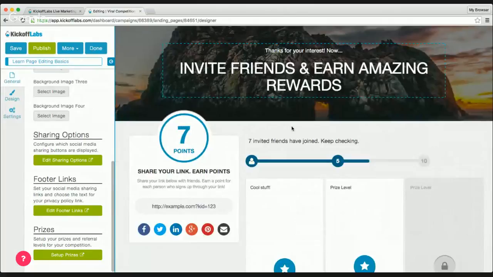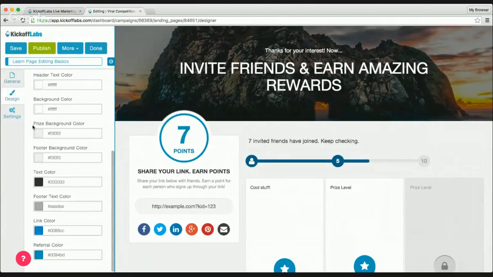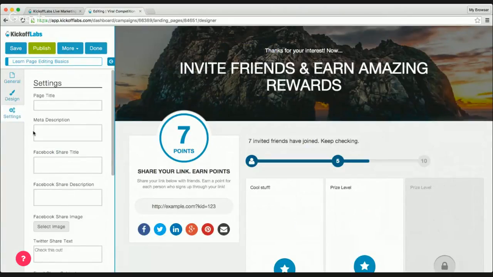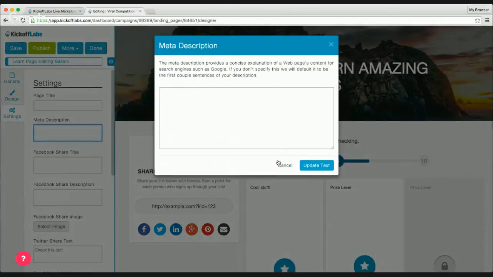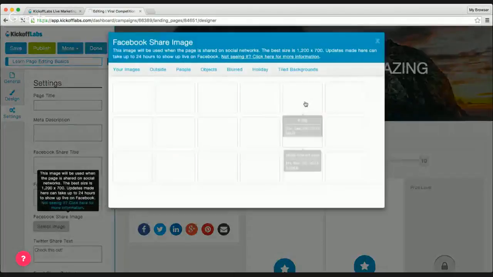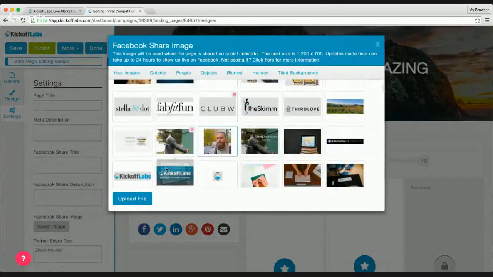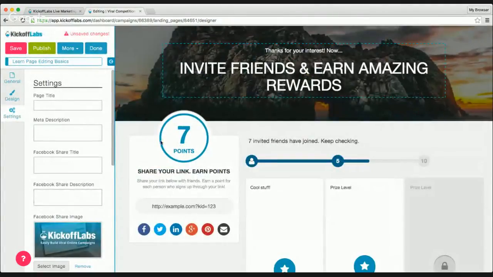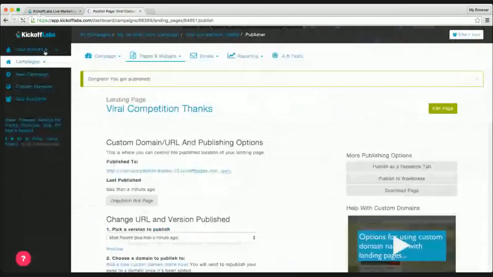So how do I actually connect this to my sign up page? Actually, I don't really need to go through the designs. I could change the font, and I could change all that color stuff. And once again, highly recommended: fill in the settings tab, your page title, description, Facebook share image, all that stuff. Don't skip this step, because this is what people are actually going to see when they click to share. So once I'm done with my thank you page, this is an extremely important step too. I need to click publish, because the thank you page needs to be published in order for me to access the page.